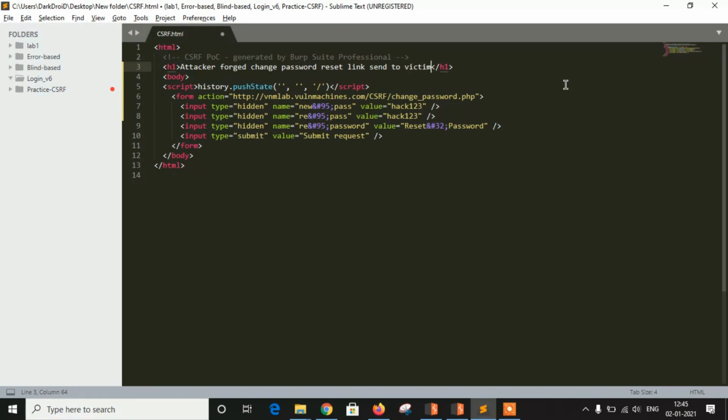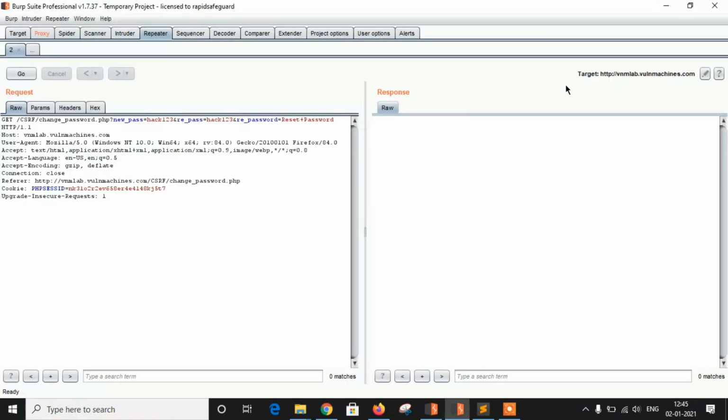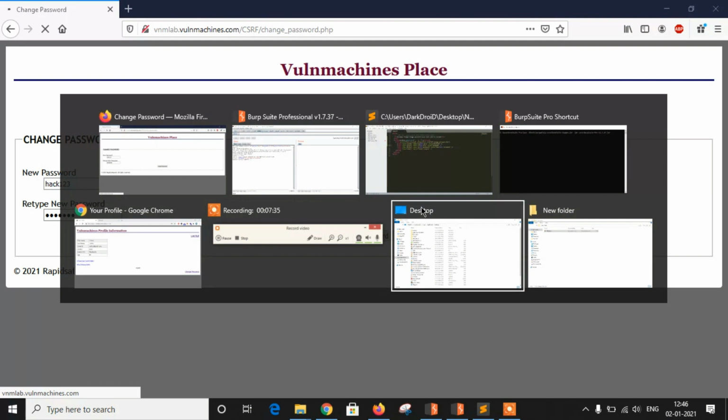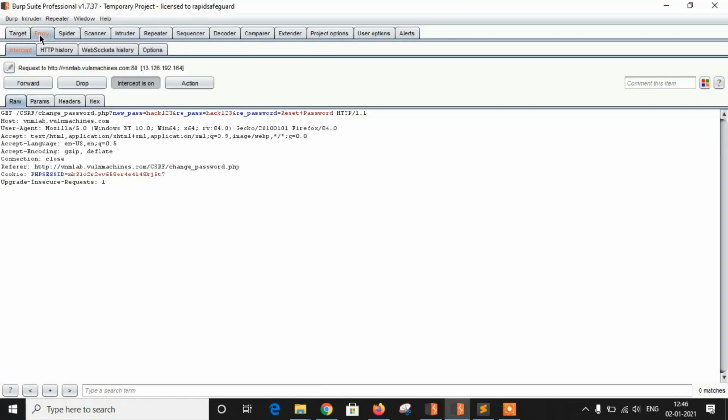So as you can see, the password is hack123. Let's first stop this interception.